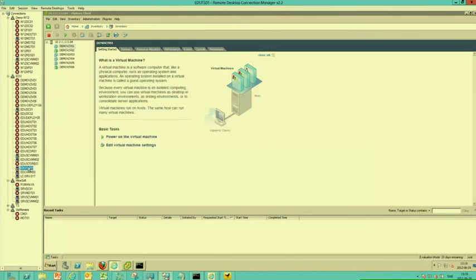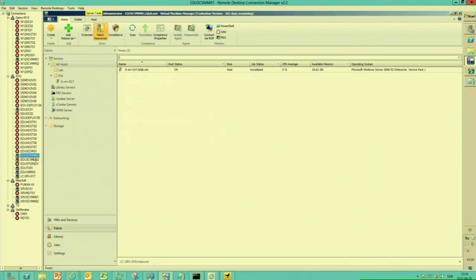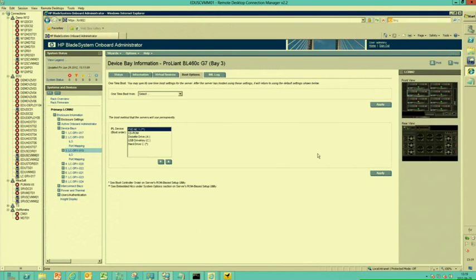Let me switch over to the correct server. No, it should be here. Here it is. That is the Blade Center we actually run. It's a C7000, and the blades are 460C G7. So you need to have access to this machine, and you need to have an admin name and